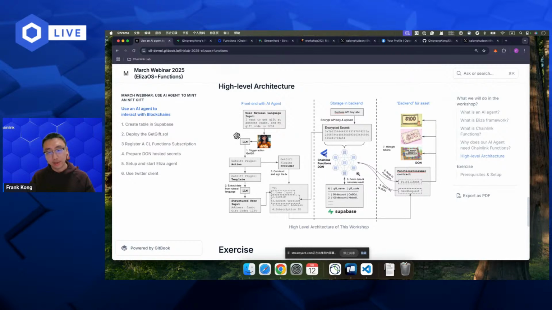Chainlink Functions will then get the data from the table and check if the data sent by the smart contract matches the data saved in the table. If these two pieces of data match, the function will return the result back to the smart contract, and the smart contract will mint an NFT to the user's address. Okay, so here is the whole picture.